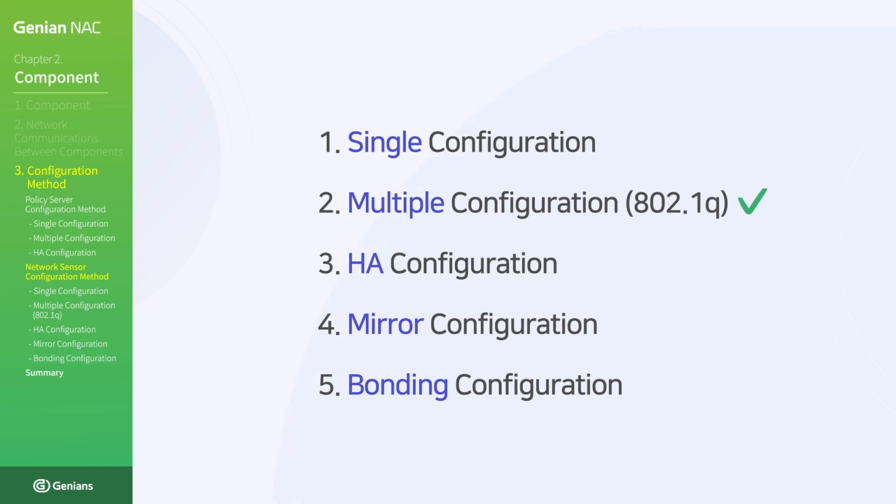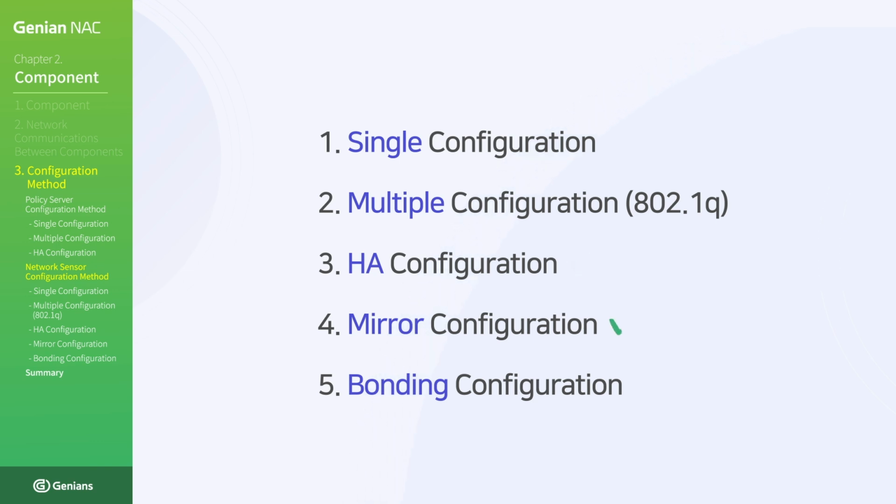2. Multi-configuration. In the multi-configuration, the network sensor creates multiple logical interfaces through VLANs. While VLANs can be logically created up to 250, it's recommended to configure no more than 64 VLAN interfaces per network sensor for optimal performance. 3. HA configuration. The HA configuration ensures high availability of the network sensor. This setup addresses the issue of service interruptions caused by network sensor failures, allowing continuous operation even when a failure